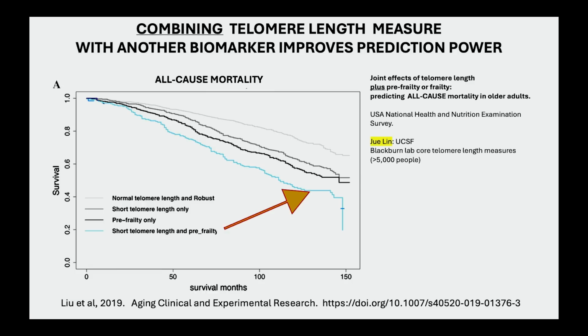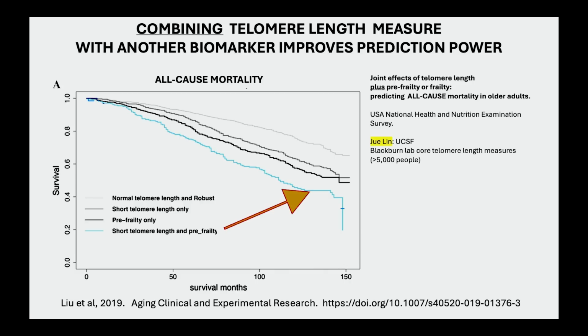You might think it's frailty. It measures what your strength and endurance are and how fast you can walk and so forth, and even pre-frailty, with just a couple of measures of losing your strength or endurance. If you look at that at baseline and then follow mortality, this is all-cause mortality, and also do the same thing with baseline telomere length and ask, well, if you have longer or shorter telomeres, what happens?